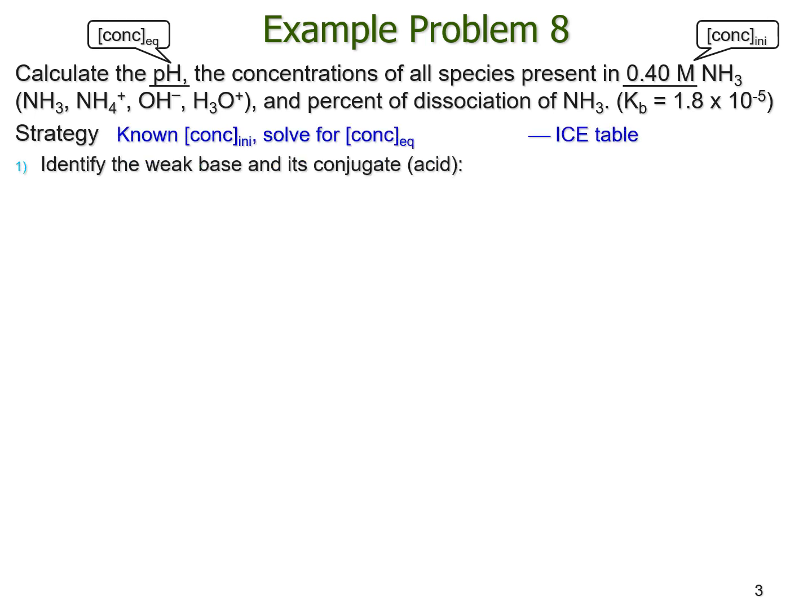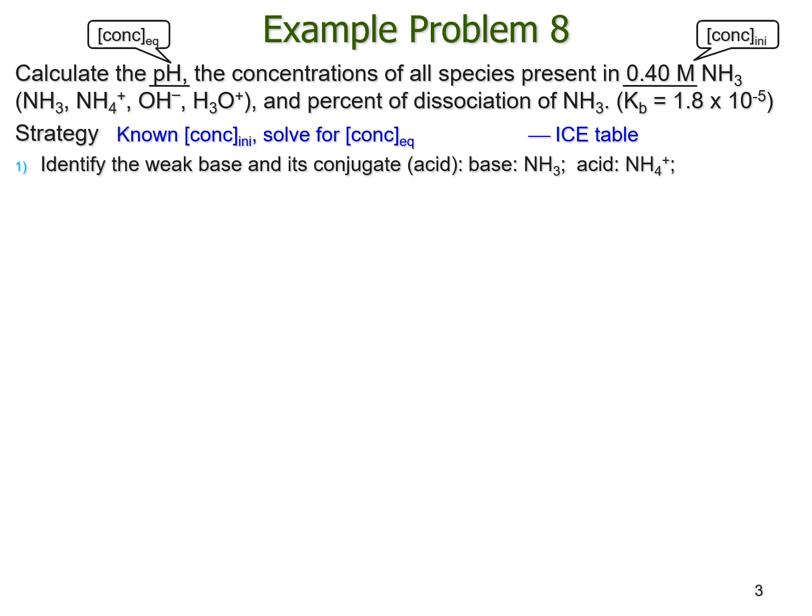First step, identify a pair of conjugates. For a weak acid and its conjugate base. But this time we talk about the base, right? Weak base. So we find the weak base and its conjugate acid. Ammonia is the base, so we add H plus to it, so it's going to be ammonium, NH4 plus, as its conjugate acid. Okay, so if we think back to the weak acid for this type of calculation problem,